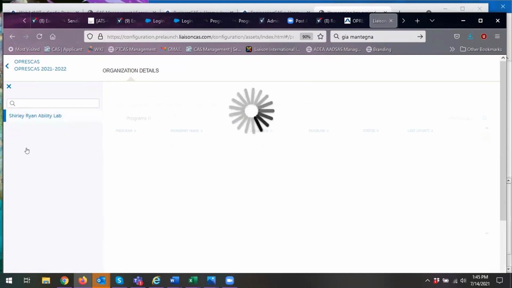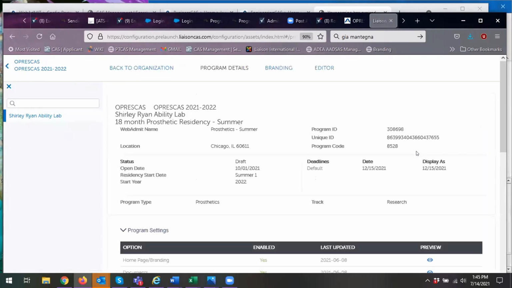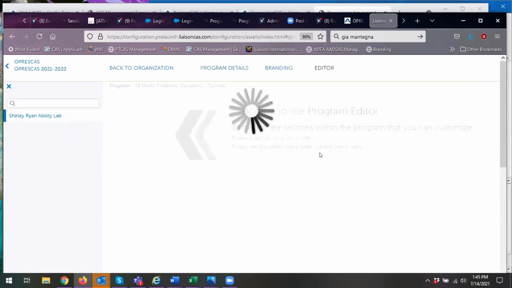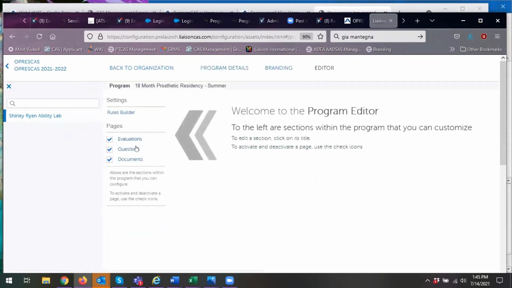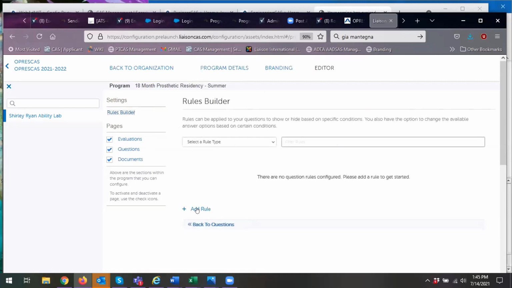We're going to click on our site and I'm going to click details. Now we have our tabs up here where we're going to be configuring each section. If you go to editor here, we have the evaluations, questions, documents. And then up here, this is what's new. We have what's called rules builder. So if you go here to rules builder and then we click add rule,